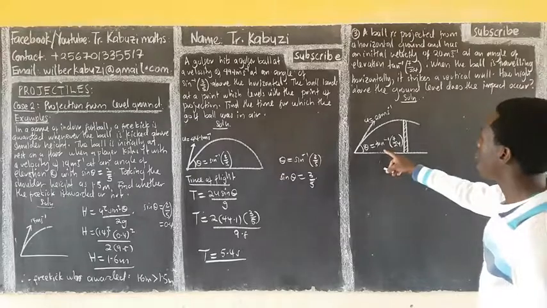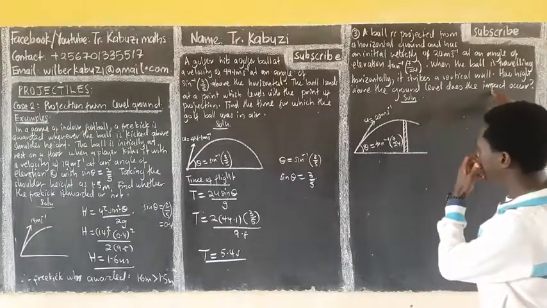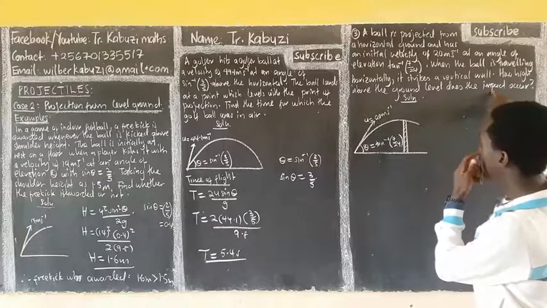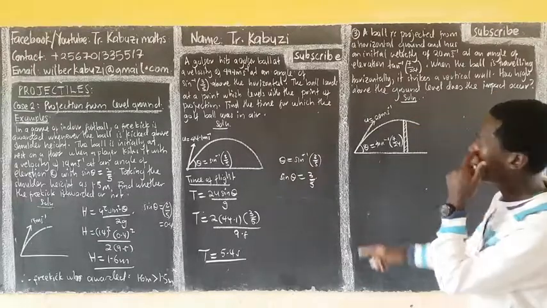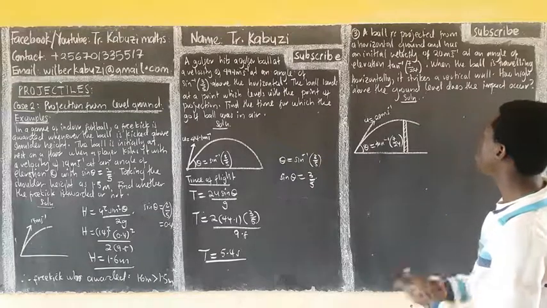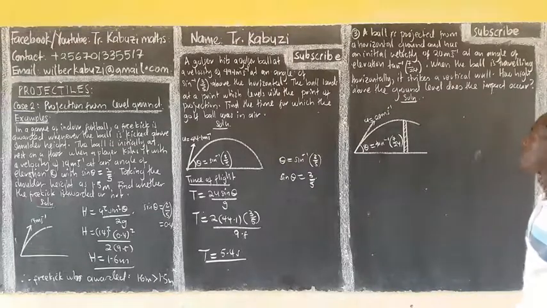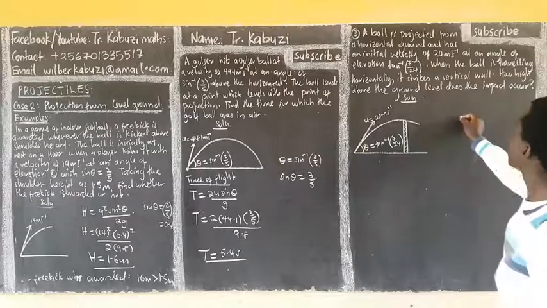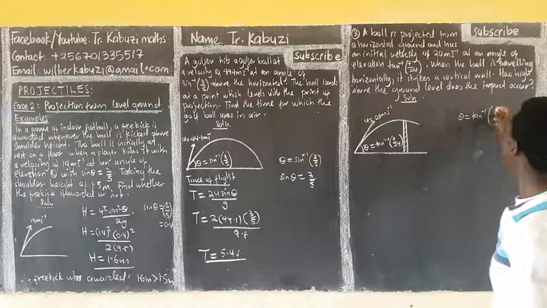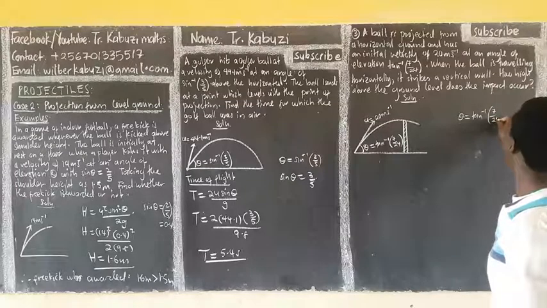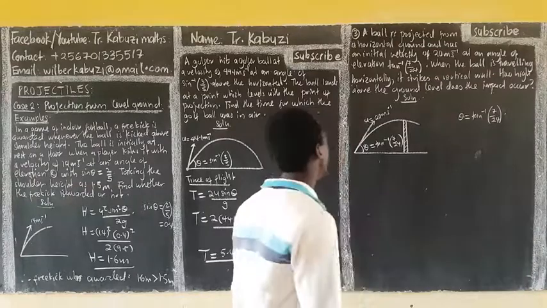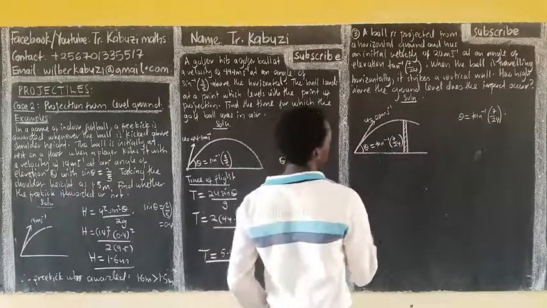So now the angle of elevation is given in terms of tan. So what are we going to do? We need to get sine. In simple terms, they are asking for the height here. At the height of the striking, the velocity is going to be 0. The final velocity there is going to be 0. So now we know that our theta is given by tan inverse of 7 over 24. If you want, from here you can just get it. So what is our height? We are going to use